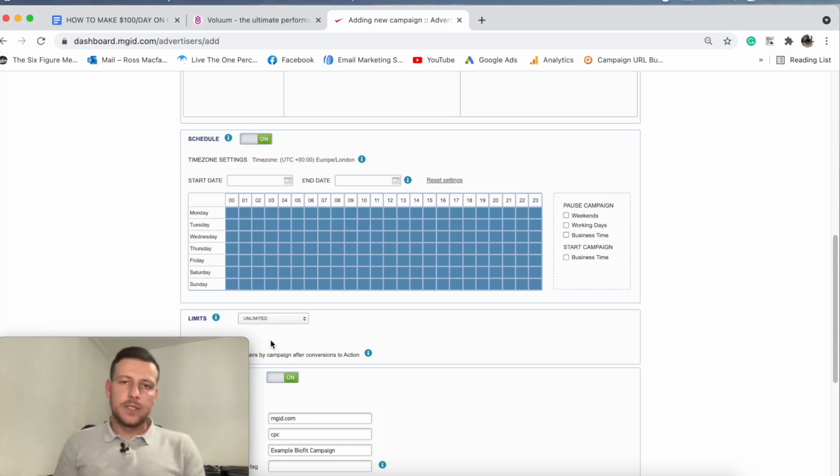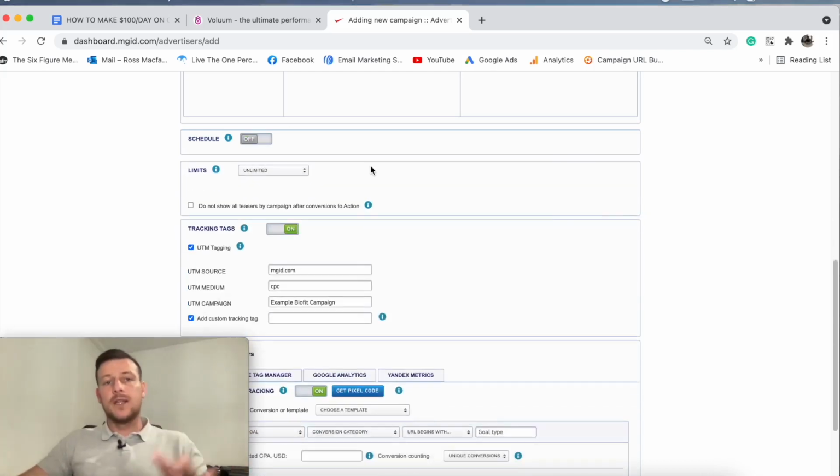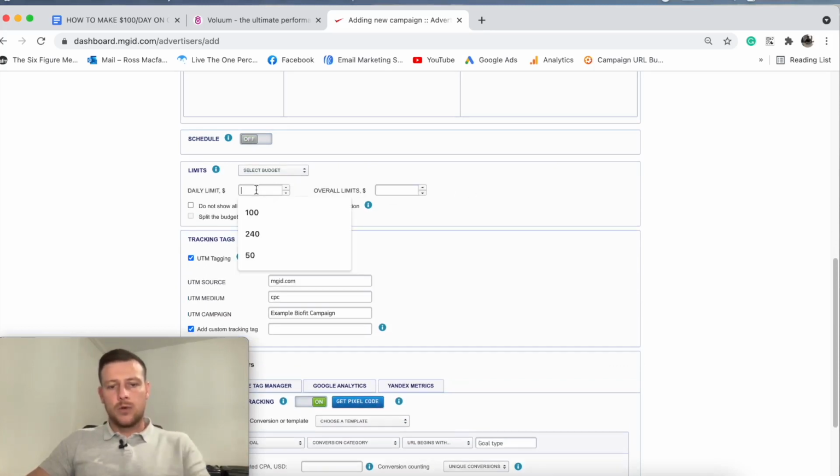But there has to be a significant amount of conversions, there has to be a significant amount of spend before we would go and do that. So I just don't even entertain that part, I just leave that off. So then what we're going to do is set the budget. So I'm going to select the budget. I'm going to say 500 a day,